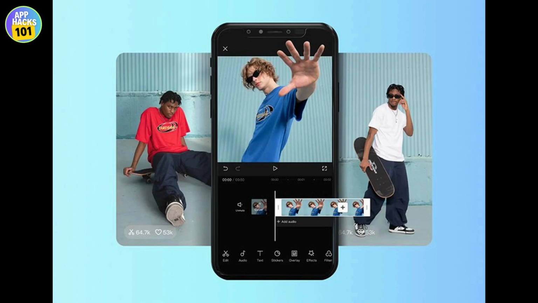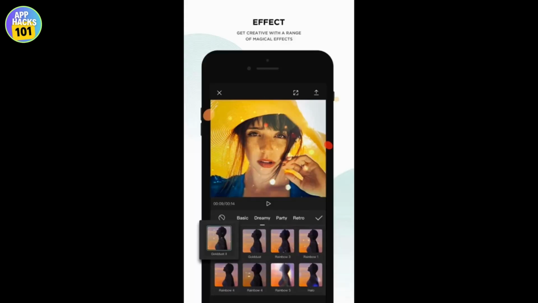So CapCut provides a wide range of effects, filters, stickers, and text options to enhance your videos and add creative flair. You can add music tracks or sound effects to your videos directly from the app's library or import your own audio files. CapCut provides an intuitive and user-friendly interface, making it accessible for beginners and experienced editors alike. So it offers a variety of editing tools such as trim, split, merge, adjust speed, add music, filters, transitions, and